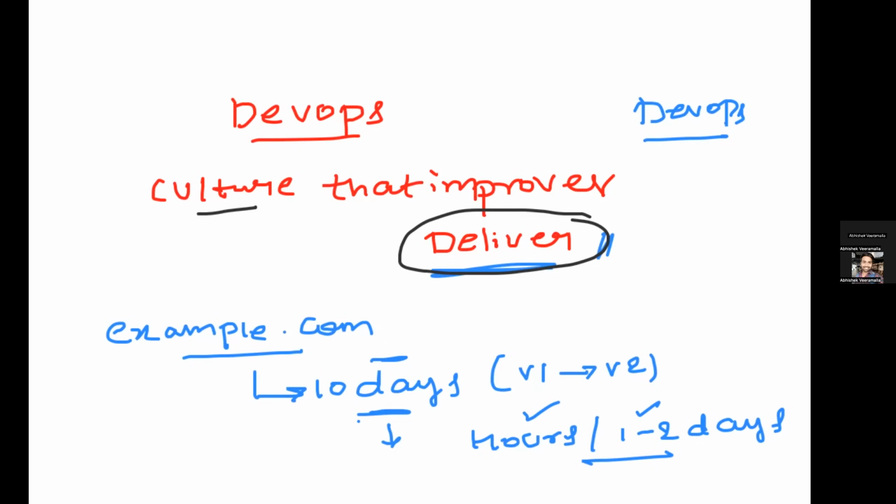And if it improves your efficiency, say your CTO comes and says, we are using this tool, but if you introduce the other tool that we are not using, our efficiency will be improved. As a DevOps engineer, you have to have that mindset to adopt the new tool. It's a culture that you are building in your organization. So that's why we say DevOps is a culture that improves the delivery process